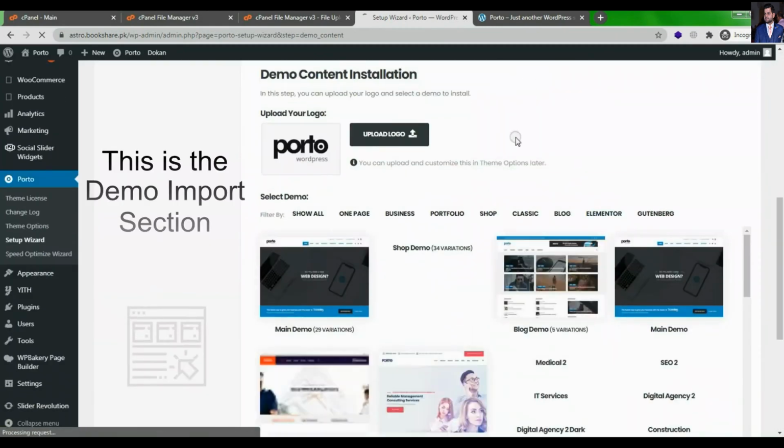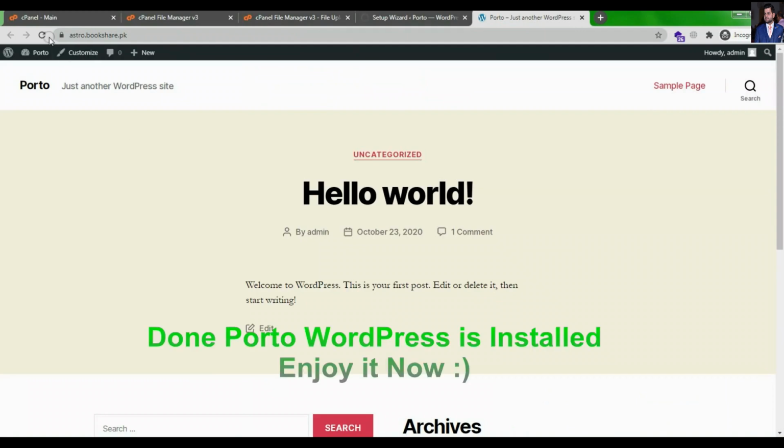This is the demo import section. Done. Porto WordPress is installed.